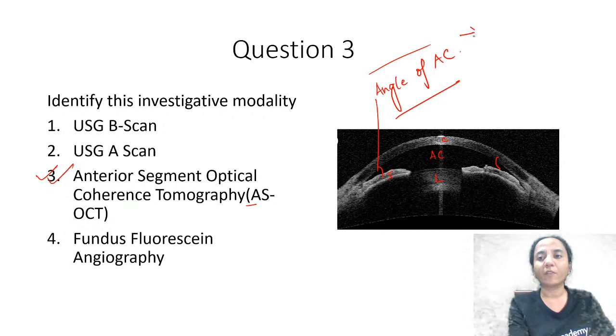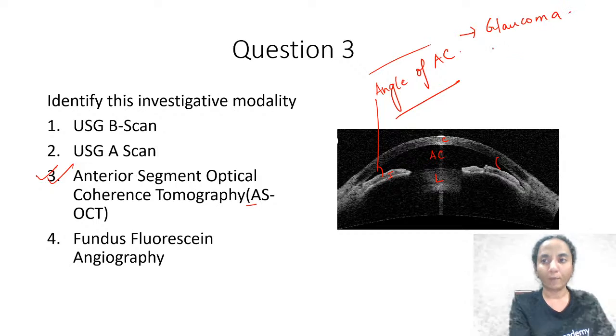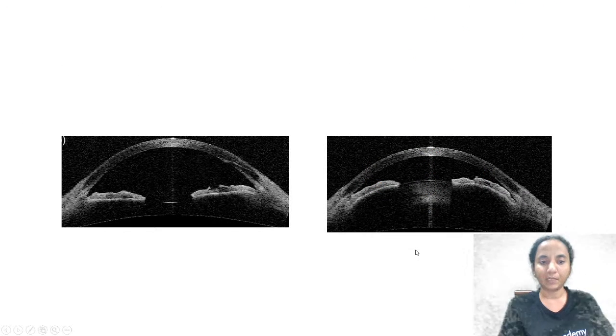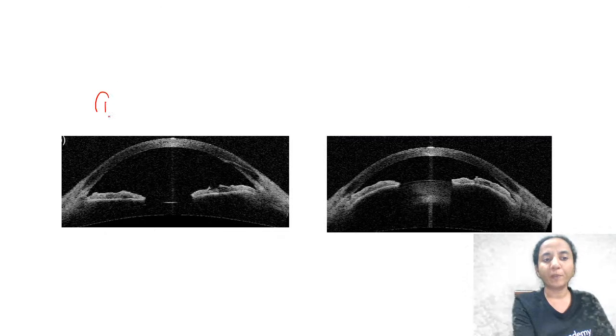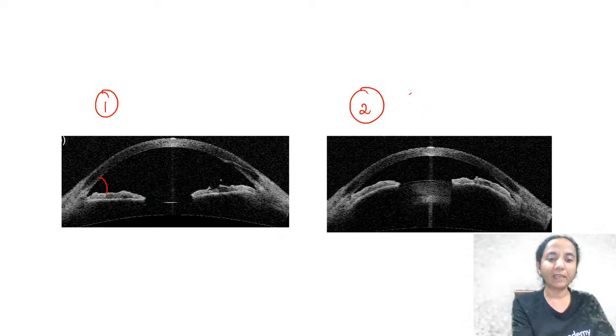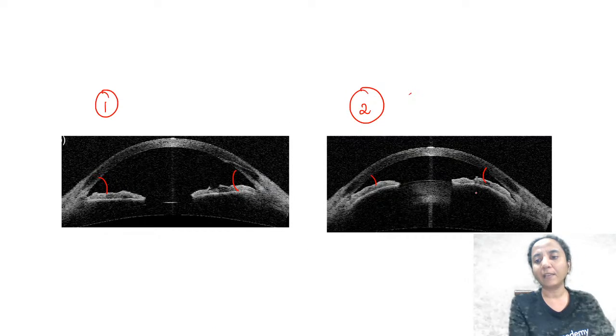Where is the angle of the anterior chamber important? Obviously, it is important in glaucoma. So I'll show you one of the very important uses of AS-OCT. Let's name these two pictures as picture 1 and picture 2. Now look at the angle here. If I have to study the angle of the anterior chamber, then look at the angle in picture number 1